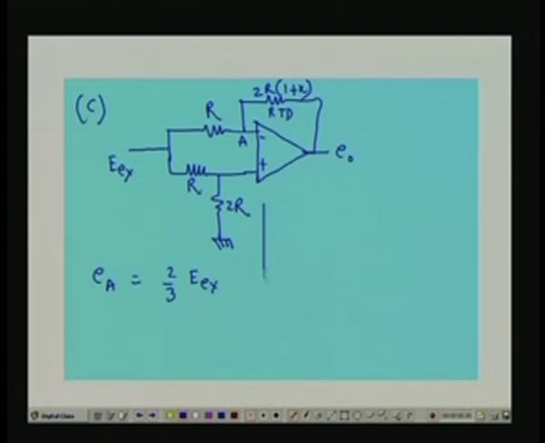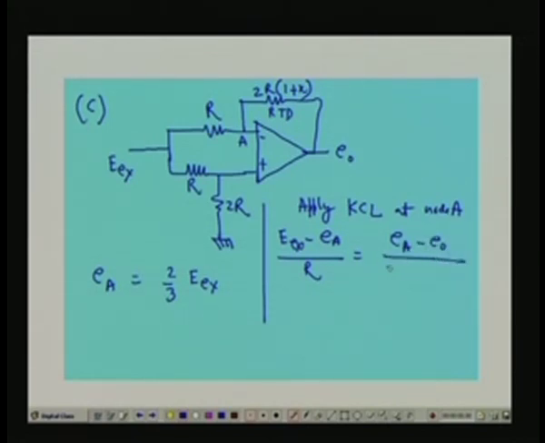Now, if I apply the KCL at node A, I will get (Ex minus Ea) by R equal to (Ea minus E naught) by 2R into (1 plus X), or quite obviously, if I take a new page, I will write again Ex minus 2 by 3 excitation equal to 2 by 3 (Ex minus E naught) upon 2 into (1 plus X), or